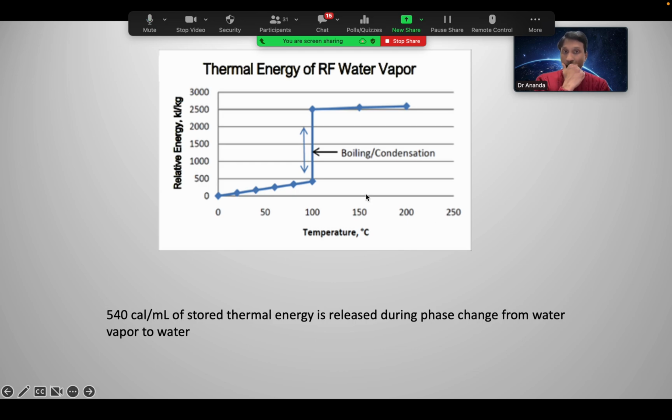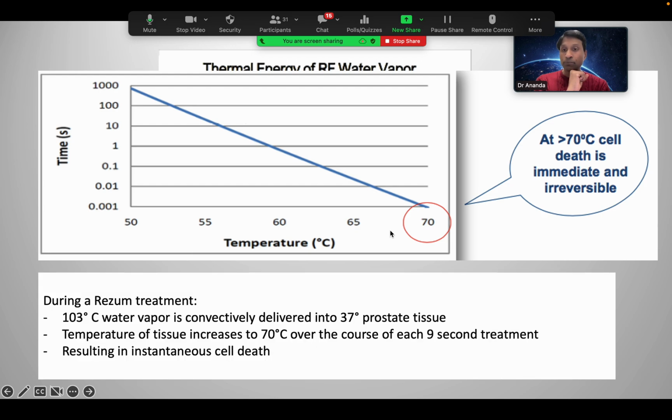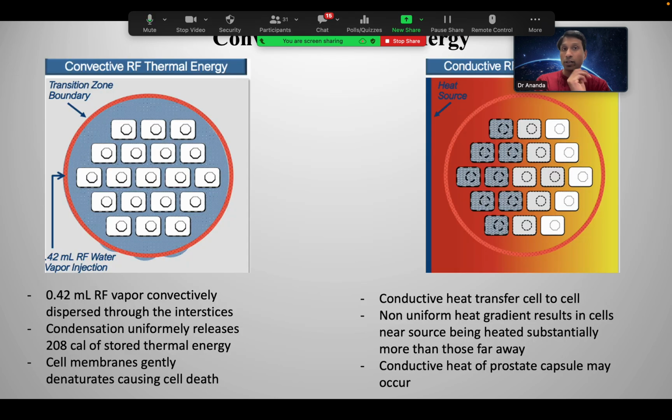So the whole boiling or convection happens at 100 degrees Celsius, where the energy is so high, and this energy is taken by the tissue, which results in ablation. You can see that the temperature is the key point in creating cell death and apoptosis. And Rezum works at 103 degrees, which is the perfect temperature for the convective energy to pass the energy into